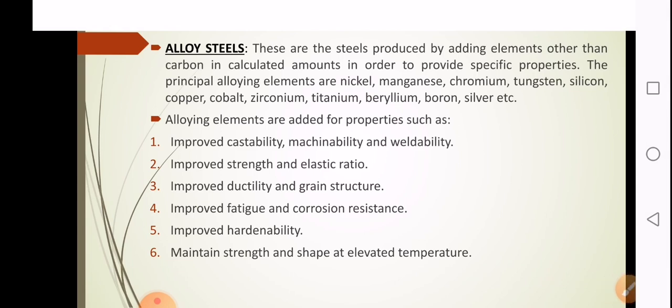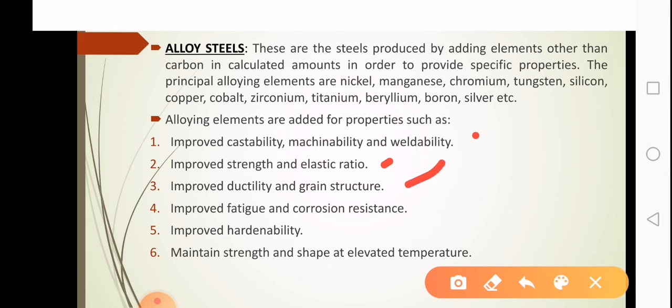And we can see that when these alloying elements are added, there are improvements in properties such as castability, machinability, weldability, then improved strength, elastic ratio, then ductility and grain structure, improved fatigue and